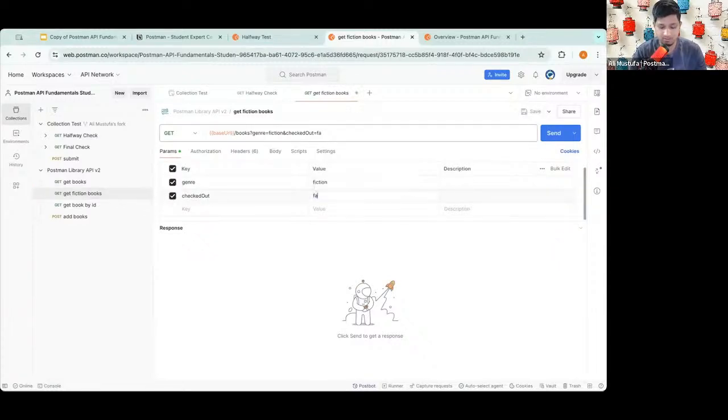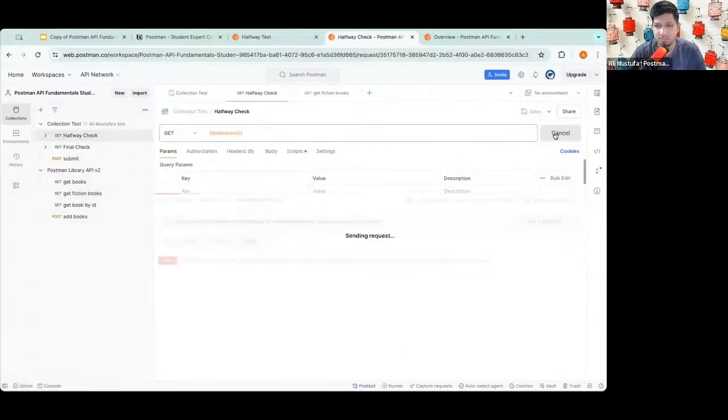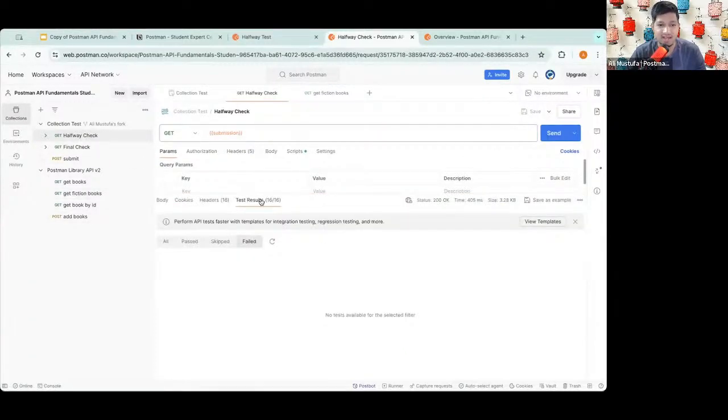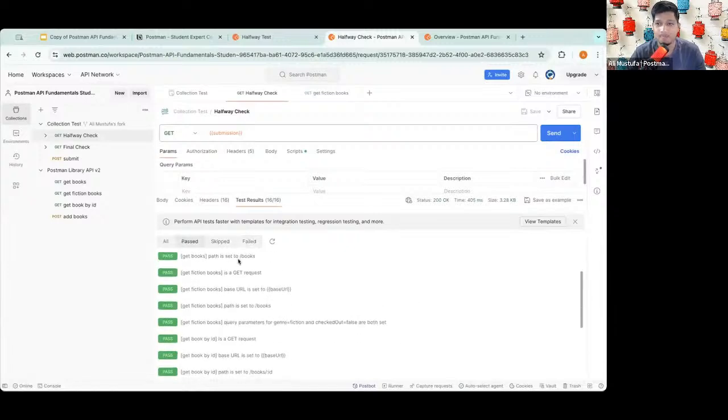We got to make it false. Save it, come back here and do this test again. And now you can see I'm getting 16 on 16. Yay, that's obviously amazing. And because you all kind of did that properly, I'm going to give you a congratulation confetti. Awesome. If you are not able to do that, do not worry at all.